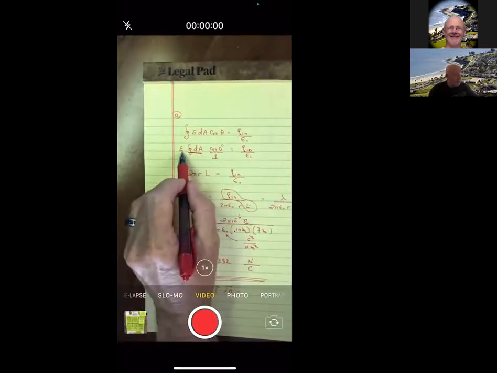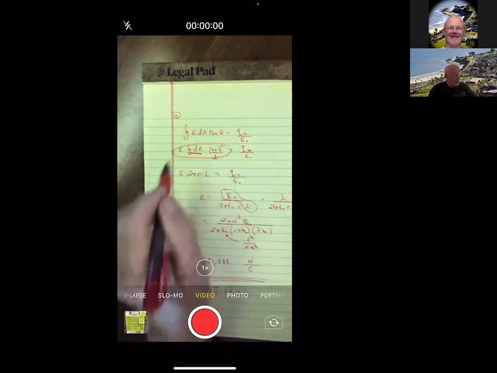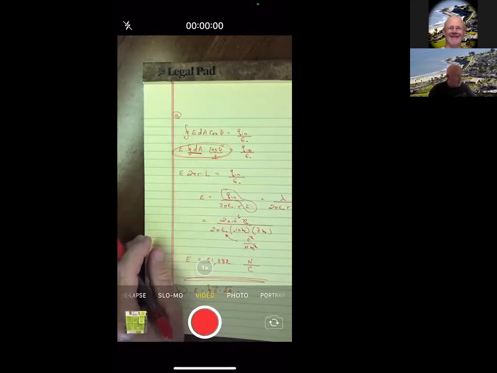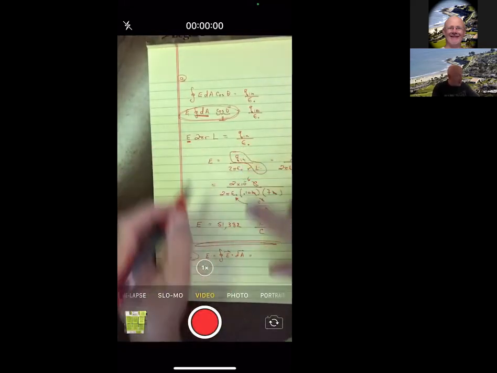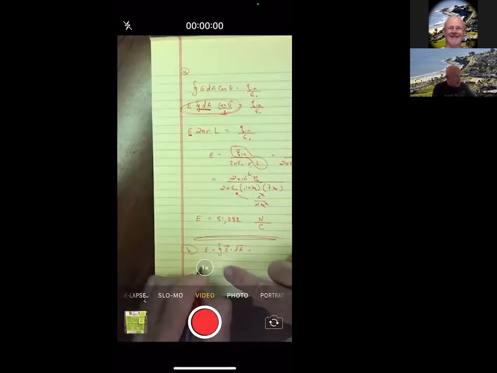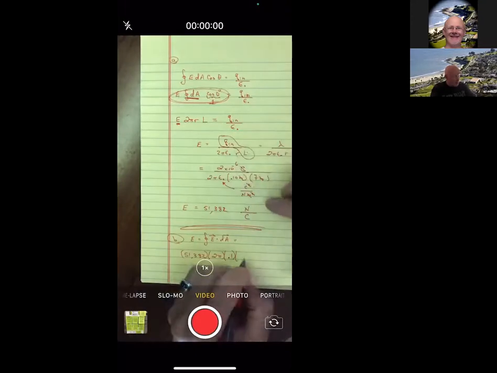There it is right there, E dot dA. Now, since we've already figured out what E is from A, we could put that in and go 51,382. And then we can put in the 2 pi. We could put in the R as 0.1. And we can put in the L,